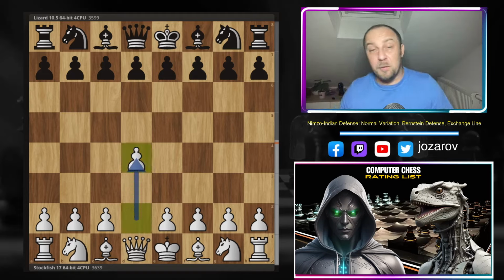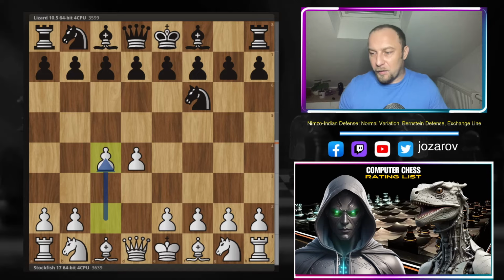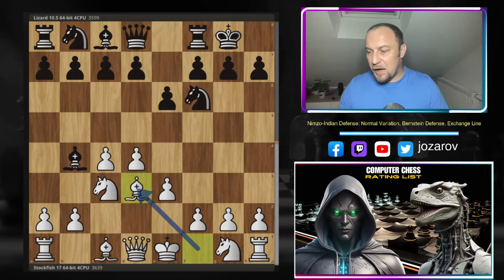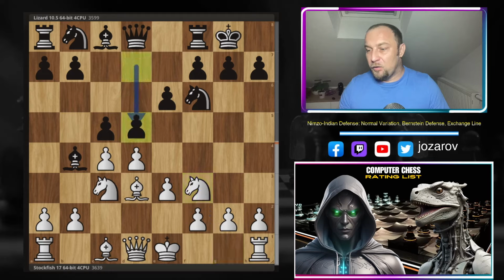The fish opened with the move d4. The Lizard's response was knight to f6, c4, e6, knight to c3, and now after bishop to b4 we have the Nimzo-Indian Defense on the board. e3, the normal variation, castling, bishop to d3, the bishop attack, and now after c5, knight to f3 and d5